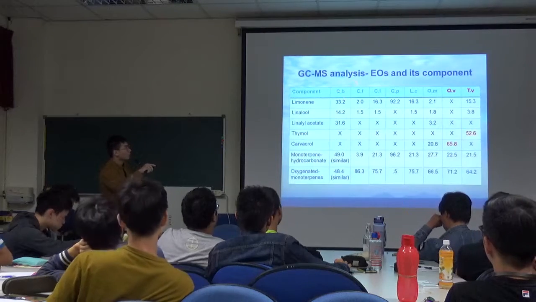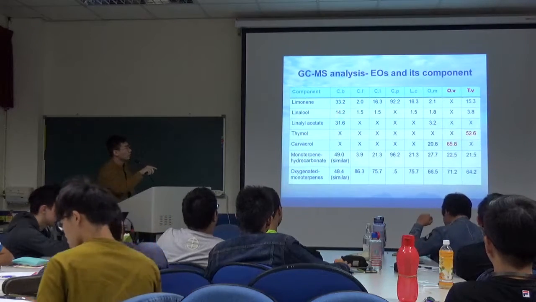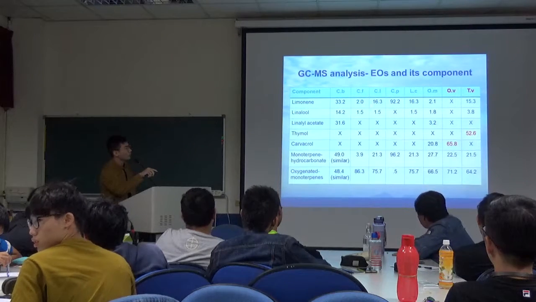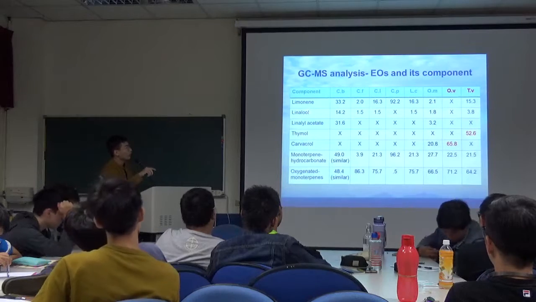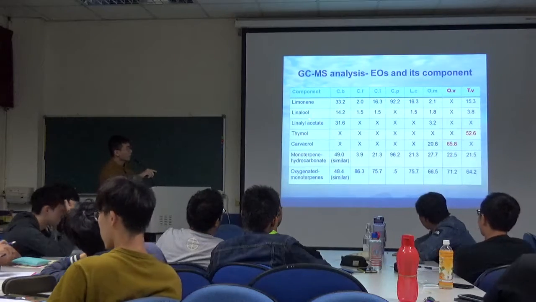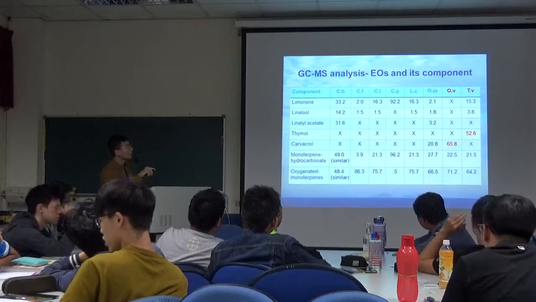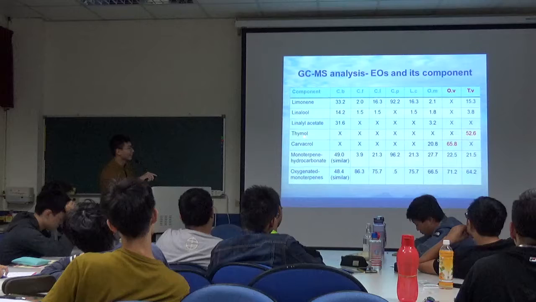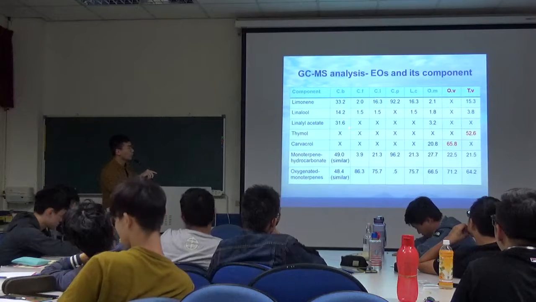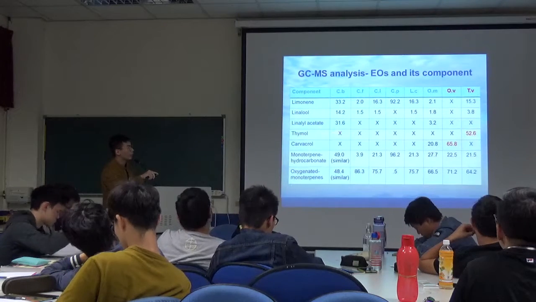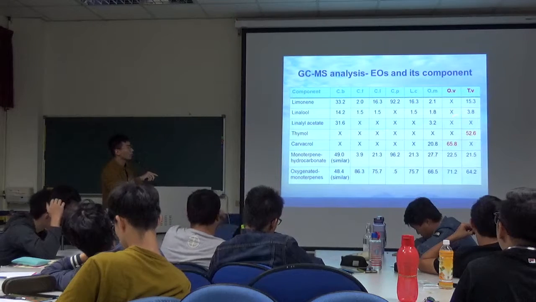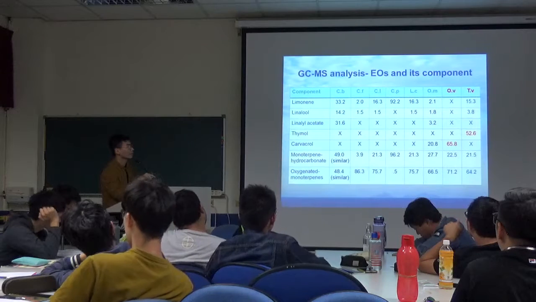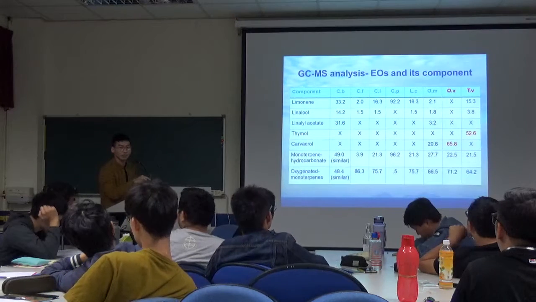For CP, limonene is relatively low when comparing CL and CP, and its linalool is relatively high among these essential oils, and its linalyl acetate is really high. You can see there is no other essential oil that surpasses CB. We move on. Next,